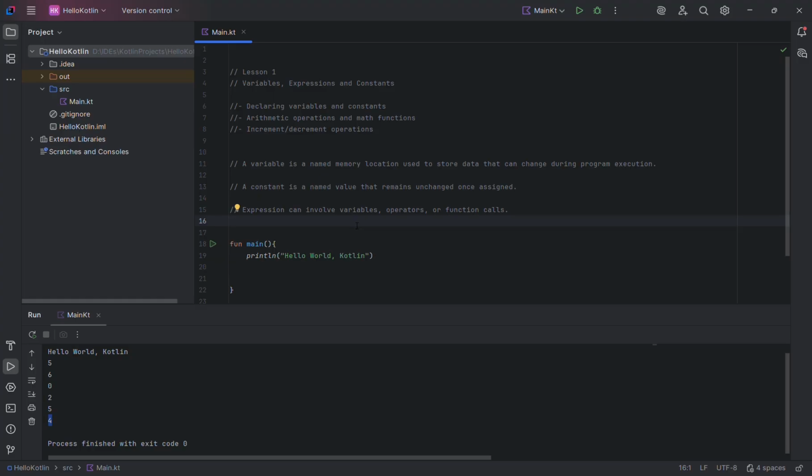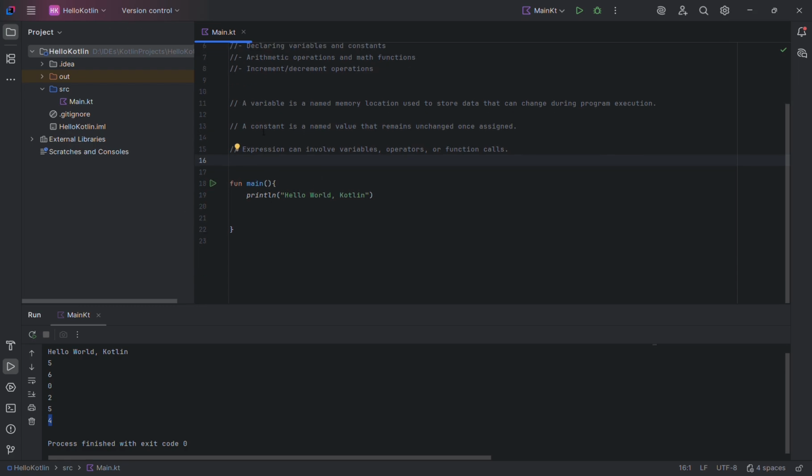In this lesson we'll learn variables, expressions, and constants. So, a variable is a named memory location used to store data that can change during a program's execution. For example, in Kotlin we declare variables with var or val. Var is for variables that are mutable, which can be changed. So, for example, age can be changed. So you can mention your age here,